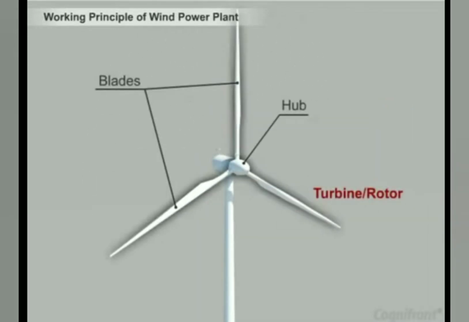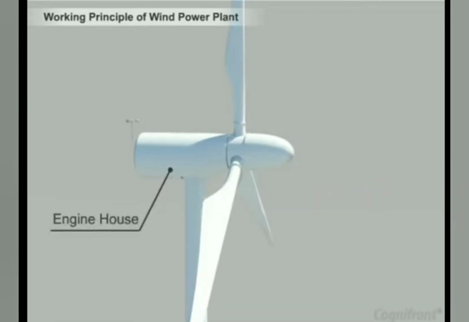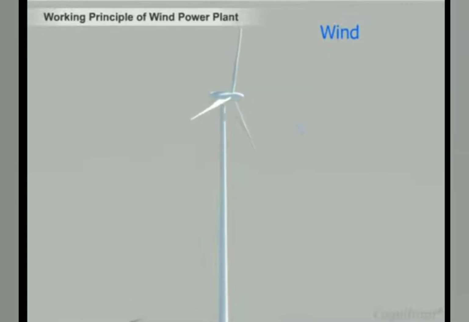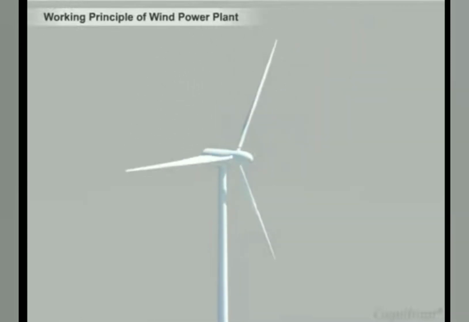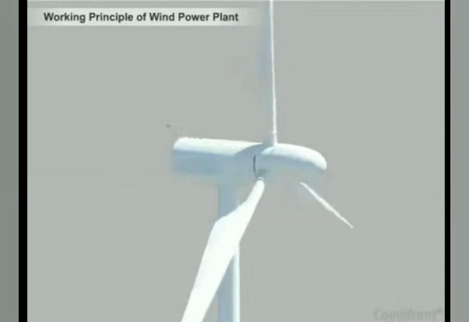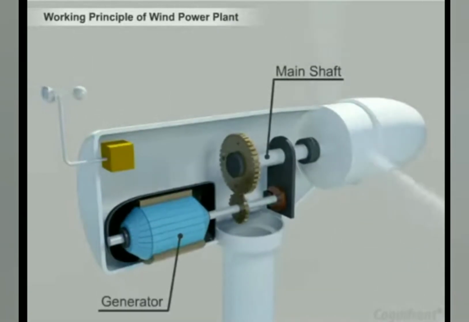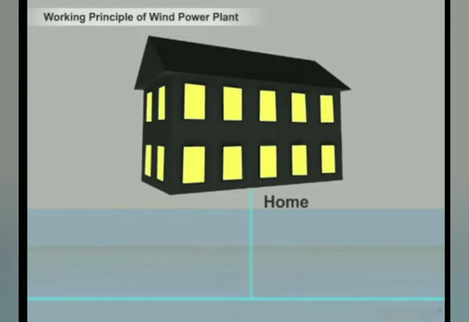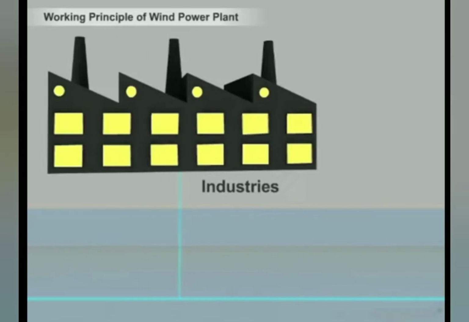The hub and blades are called turbine or rotor. Behind the turbine, there is an engine house called the nacelle. The nacelle is mounted on a tower in order to get more wind energy. The wind will cause the blades to rotate. Due to this, the rotor starts moving. As the rotor is connected to the main shaft, it spins the generator, because of which electricity is produced. This electricity can then be transferred by using transmission or distribution lines to homes, industries, schools,